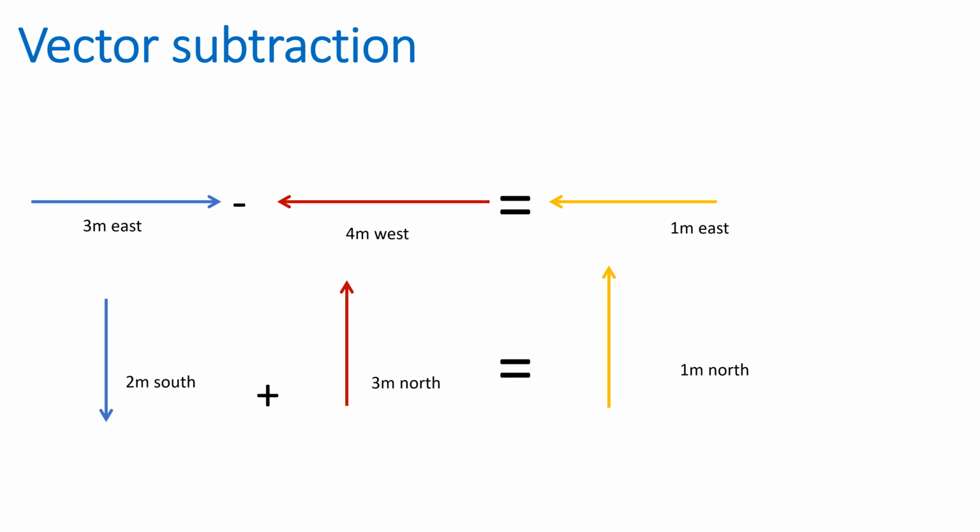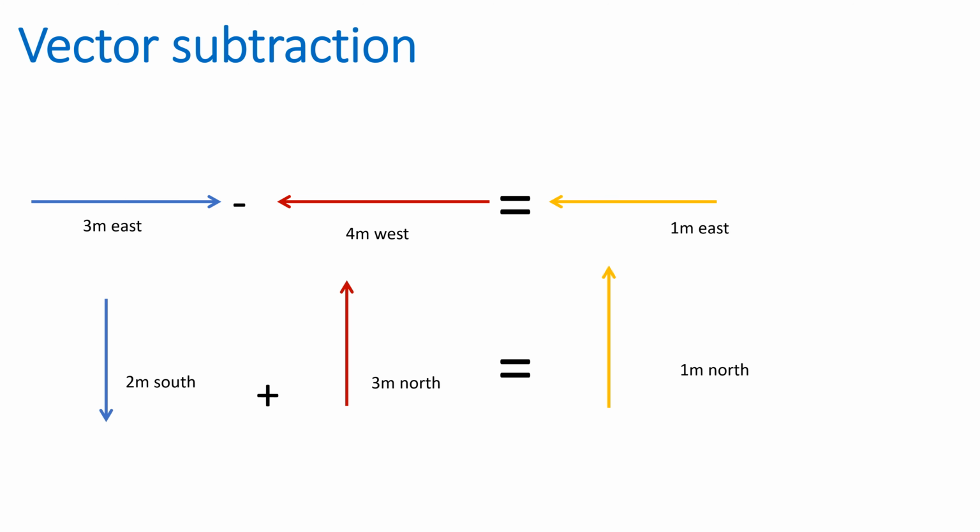And subtracting vectors is a bit different because they have different directions, as you can see in here, 3 meters east and 4 meters west. You know that those are opposite of each other. We can know that east is toward the right and west is toward the left. And so subtracting those two vectors will give us 1 meter west, and the same applies to